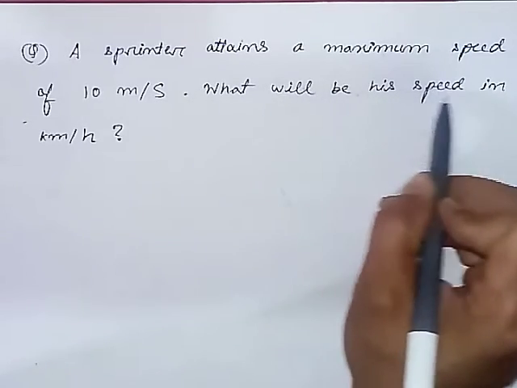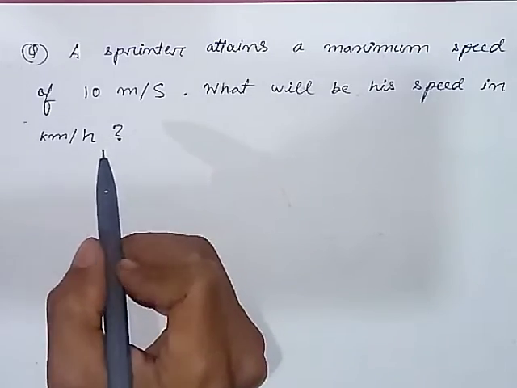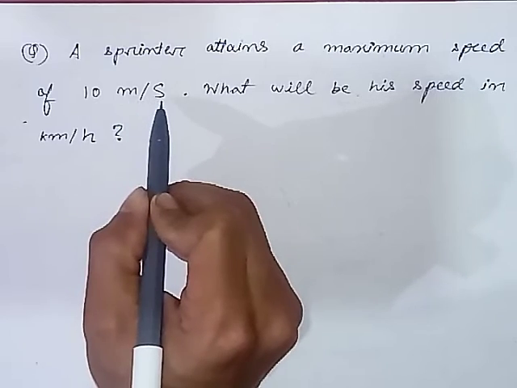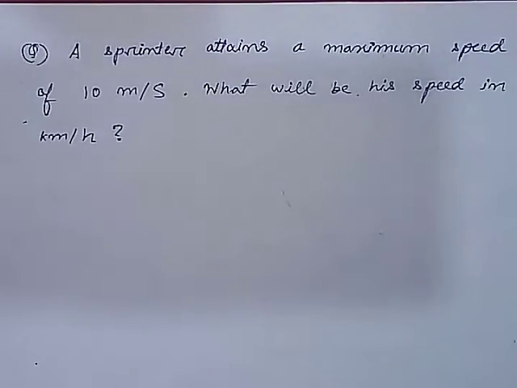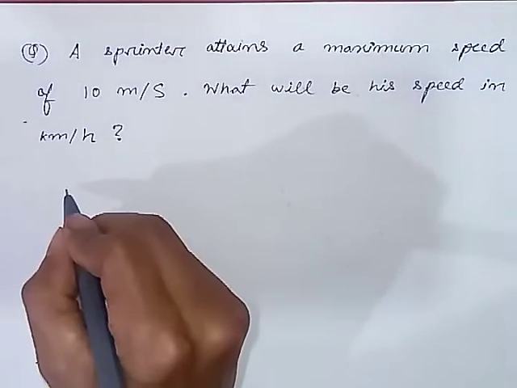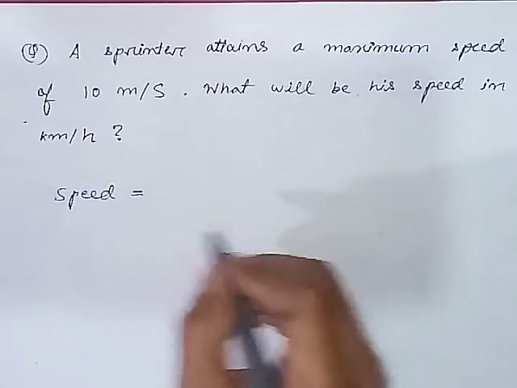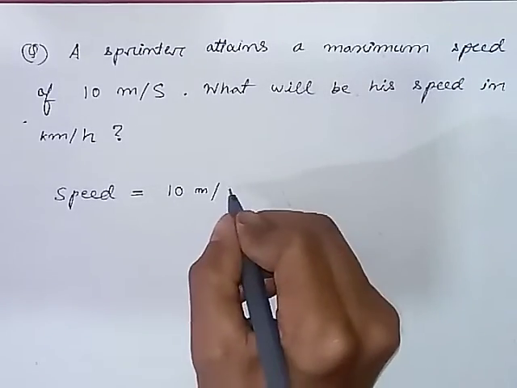What will be his speed in kilometer per hour? Now we need to convert meter per second into kilometer per hour. Okay, so what are we given? We are given speed equal to 10 meter per 1 second